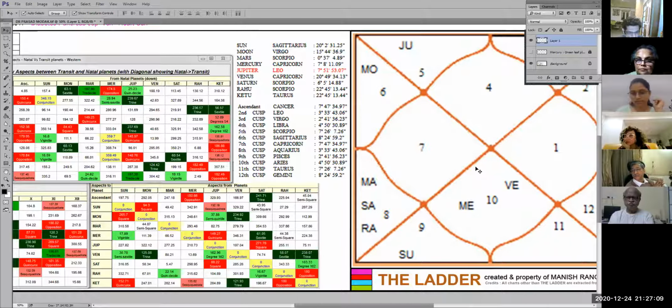Anyone with something, somewhere a mistake is happening. Well, I'll only write. I'm not writing down properly. We are looking at Moon and we are looking at Mercury. Okay, so Moon is in Virgo at 15 degrees and Mercury is in Capricorn at 8 degrees.